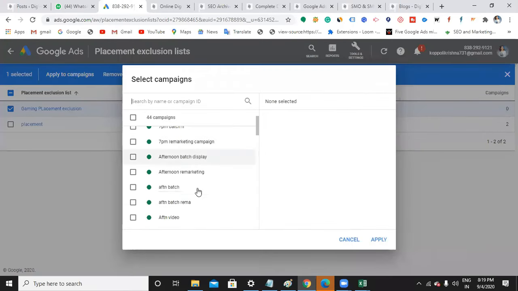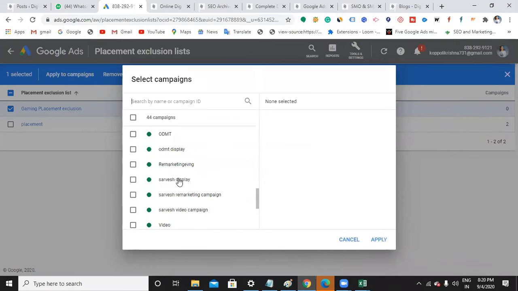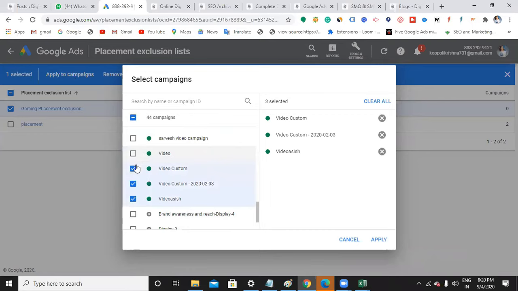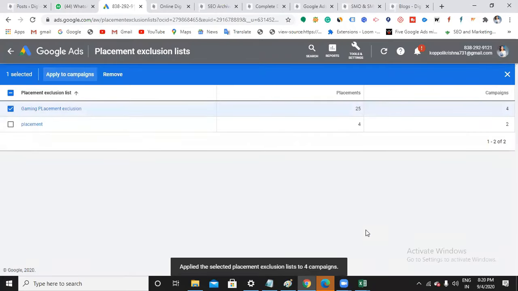If you click this, it shows all the campaigns present in your account, and you just need to choose for which campaign you don't want to show the ad. Okay, this helps me apply. Okay, that's it. It's that simple. So this is how you can exclude a few placements.